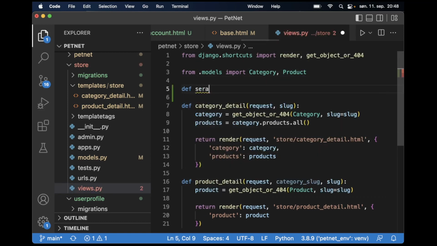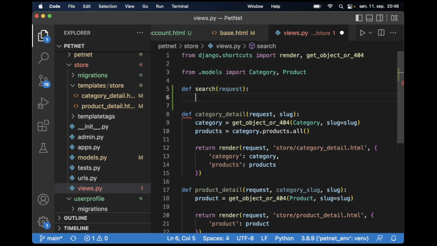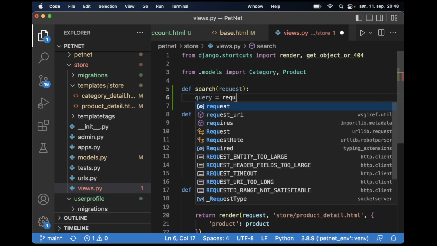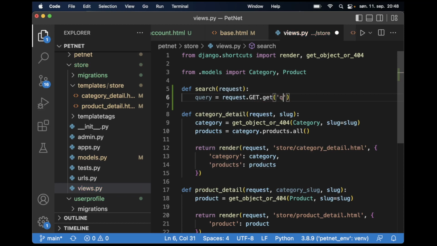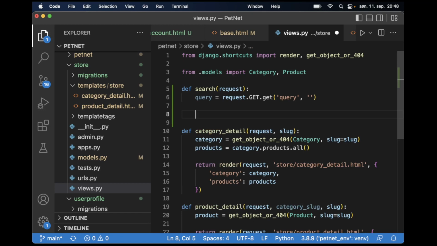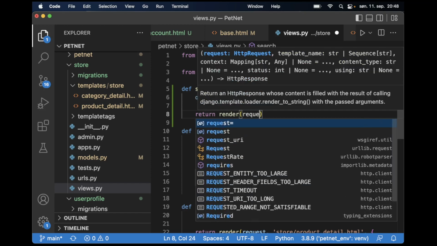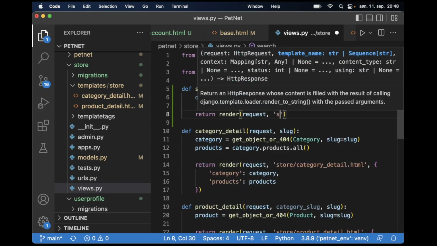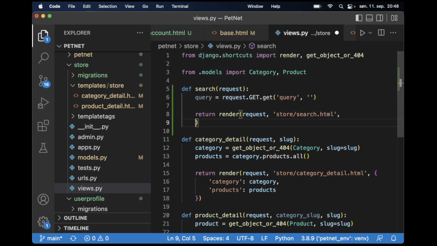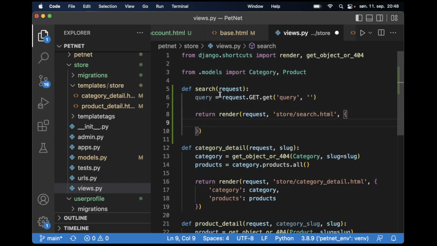Def search, request, and then we say query equals request.GET.get query, and default this to be empty. So now we get this from the URL, and then we just say return render request, specify the template name store/search.html, and I want to have this query available in the template, so query,